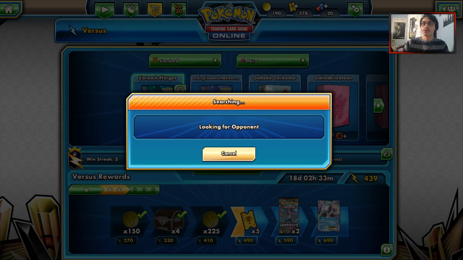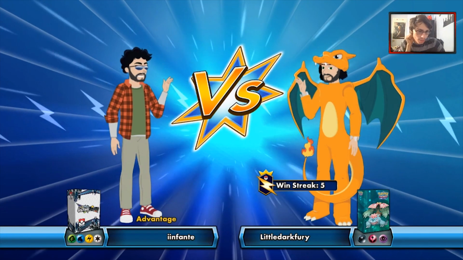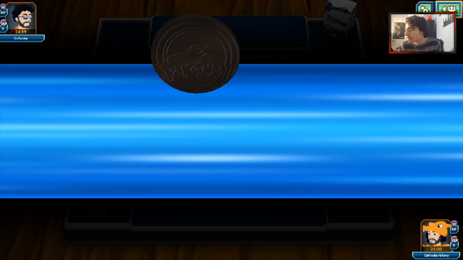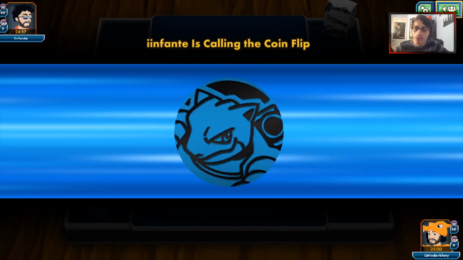Let's go find some matches with our Zoroark Florges deck. And we'll see what we end up placing against first. It looks like potentially a Vikavolt deck, which is a bit of an issue because Vikavolt is kind of able to deal with Zoroark pretty easily. But we'll see how this game goes and if we can win it and at least show off the beautiful,